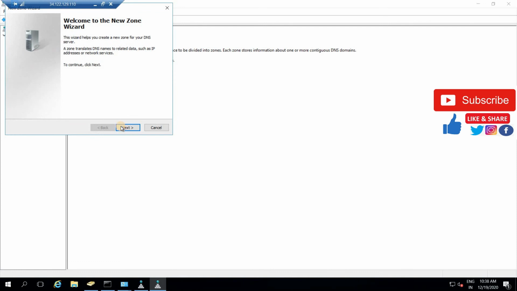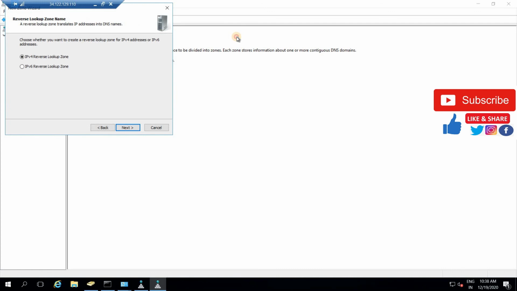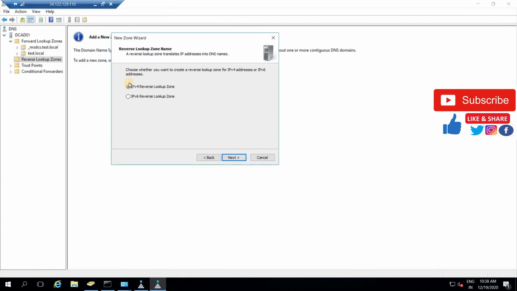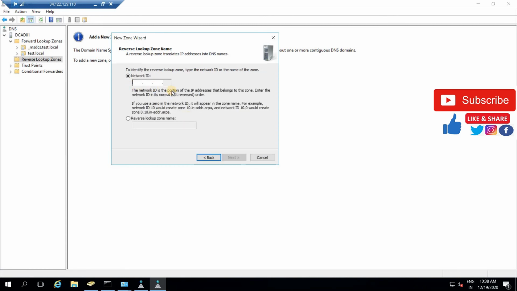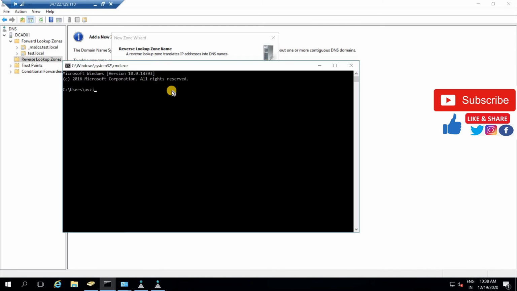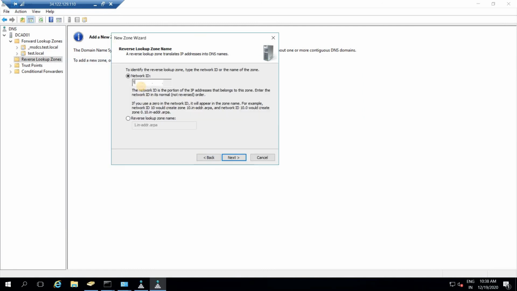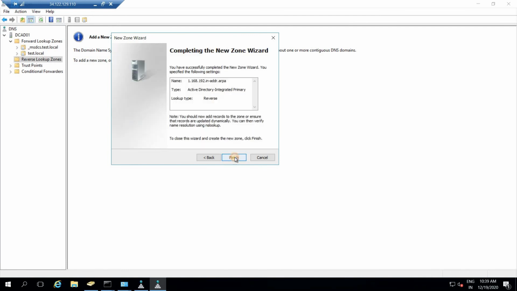So create a new zone, click on this, create a primary zone, next, and since you are using IPv4, click on next and give this as per the IP address of your domain. Your IP address is 192.168.1.11, so here you can give 192.168.1, and for the last octet it will not ask anything from you, and you just need to click on next and finish.